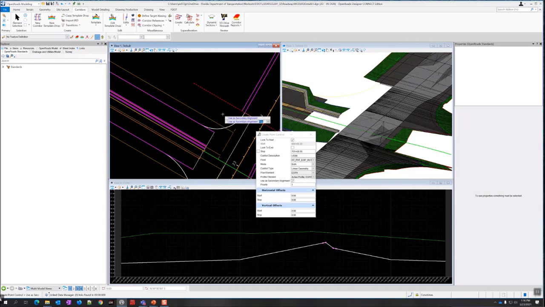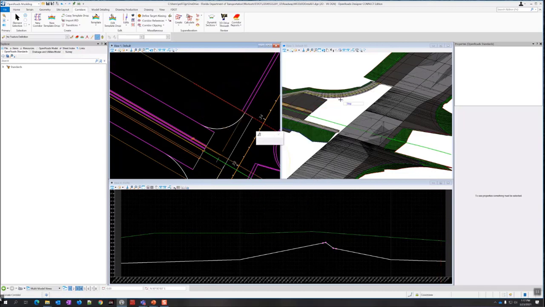So when you have things like this that are turning, sidewalk, anything that's changing direction, you often want to use that option. So I'm going to set that to yes. I'm just going to set that priority to 10, just as a good habit to get into. And the offsets are all going to be 0. So I'm going to accept all of those, and then watch what happens in the 3D as it applies this.